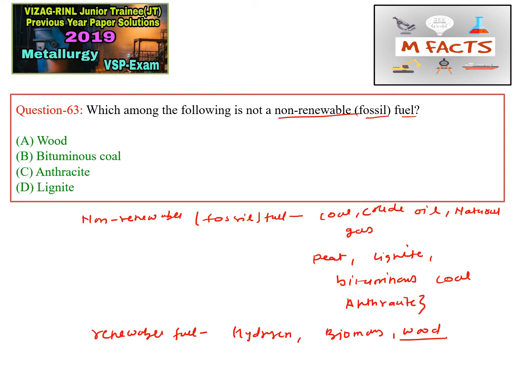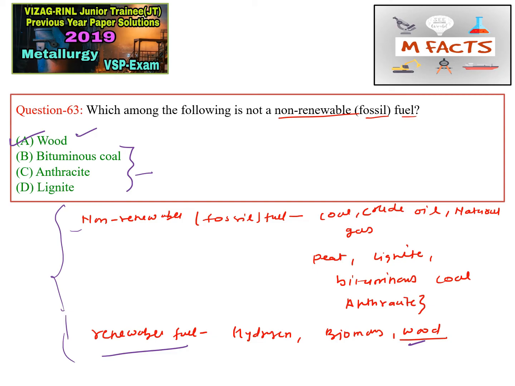can observe from this list I have listed wood as a renewable fuel, this is not non-renewable, this is not a fossil fuel, so A option is correct for this question, and these all are non-renewable, that is fossil fuels, only wood is not a non-renewable fuel, okay, so A is correct, and you may remember these examples for future